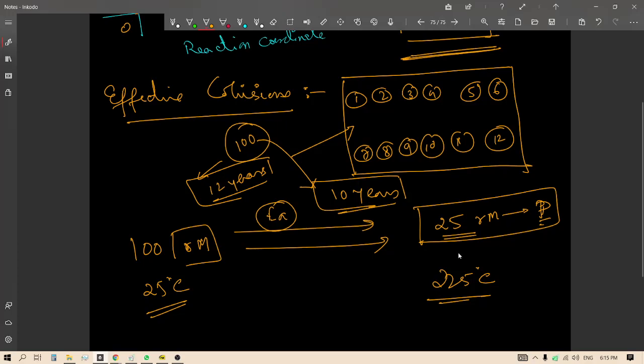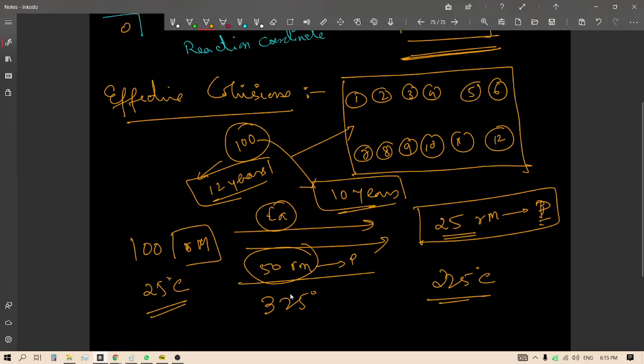For the remaining 75, suppose I continue heating this reaction at 325, another 50 reactant molecules will change to product. That means out of the remaining 75, for 50 of those particles, from 225 to 325, the amount of energy needed is the activation energy. What I am trying to say is, no reaction has a fixed value of activation energy. Activation energy is a value which varies for each and every individual reactant.